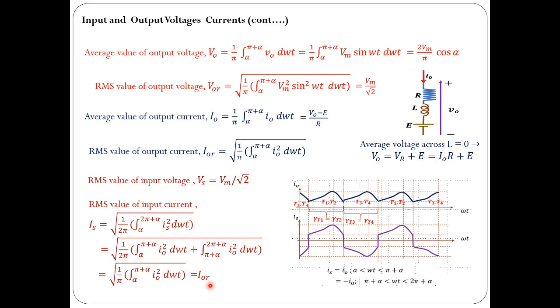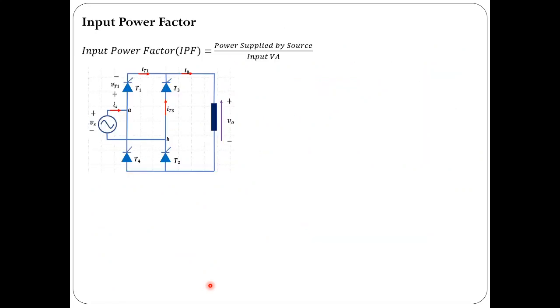Now let us use these parameters to find the input power factor. This is one of the important parameters to evaluate the performance of the rectifier. We know the input power factor is equal to the power supplied by the source divided by the input VA, and the power supplied by the source is the same as the power received by the load in this particular case, because there are no other elements which can receive power. Let me denote the power received by the load by P naught, which is equal to the power received by the resistor and battery. The inductor would not take any power. Assuming the load is an RLE load, R would take power and E, the battery, would take power, but L, the inductor, won't take any power.